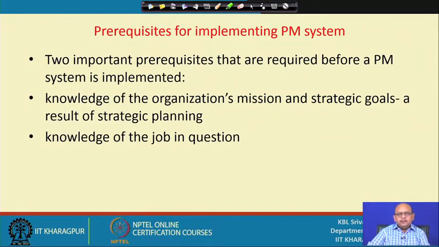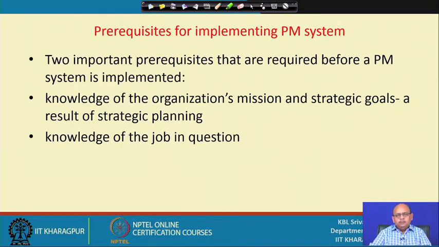Now, moving to the first stage, you remember we said that there are certain prerequisites before we move to discuss a performance management system. These two prerequisites include that the stakeholders, the line managers, the HR managers, the top management, whosoever is involved in implementing a good and effective performance management system, should have a good knowledge of the organizational mission, goals and objectives, and they should also have good knowledge